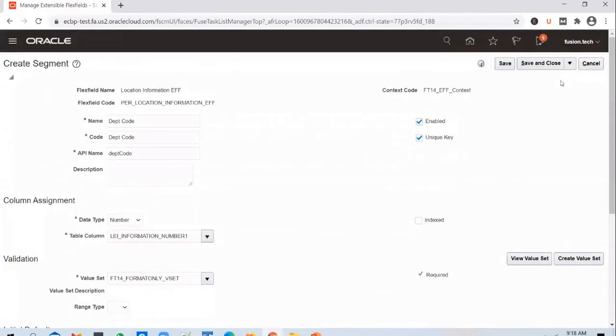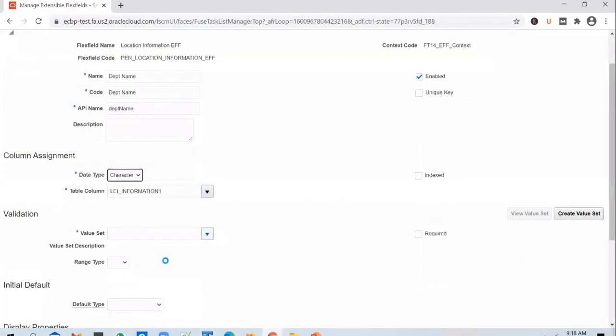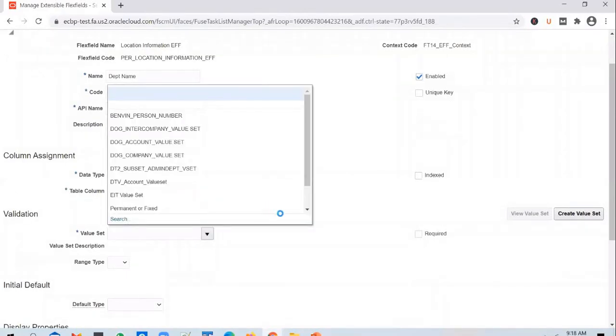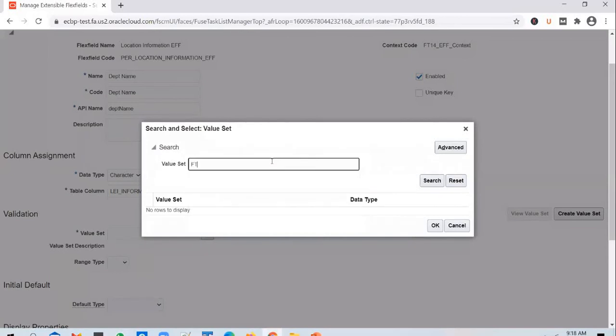And that's it. I want to create another one because I want to add in the department name as well as a second column. So I'll say department name, character, and I'm going to store. So I'm going to tag the department value set that we have created.